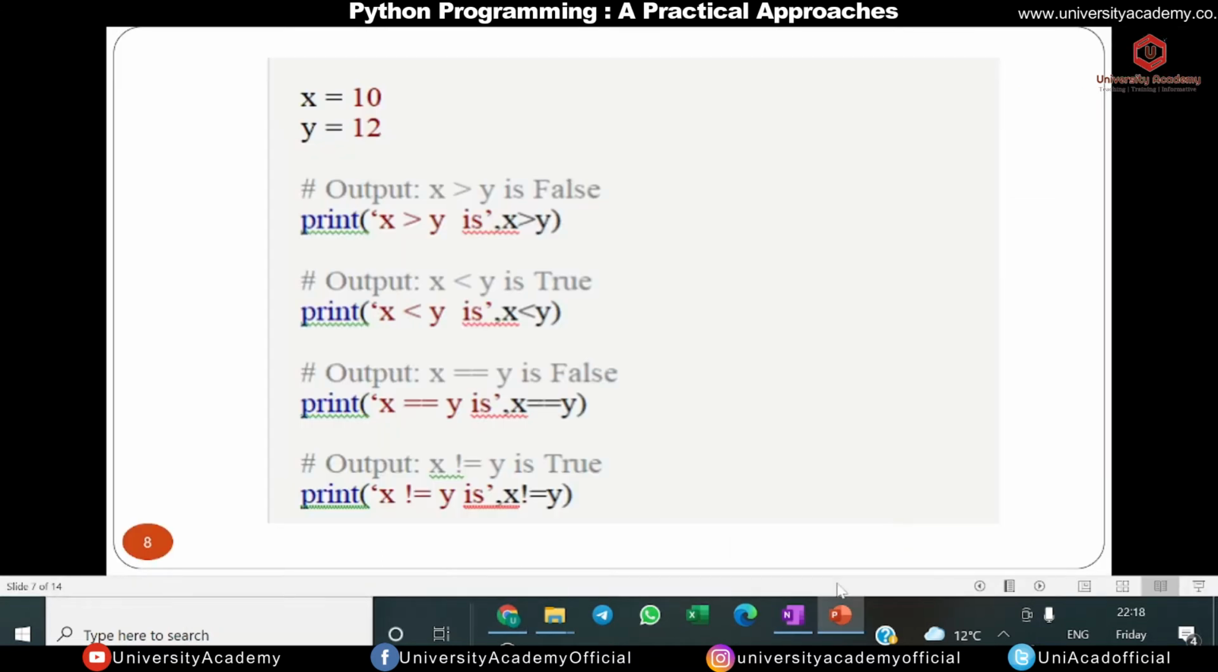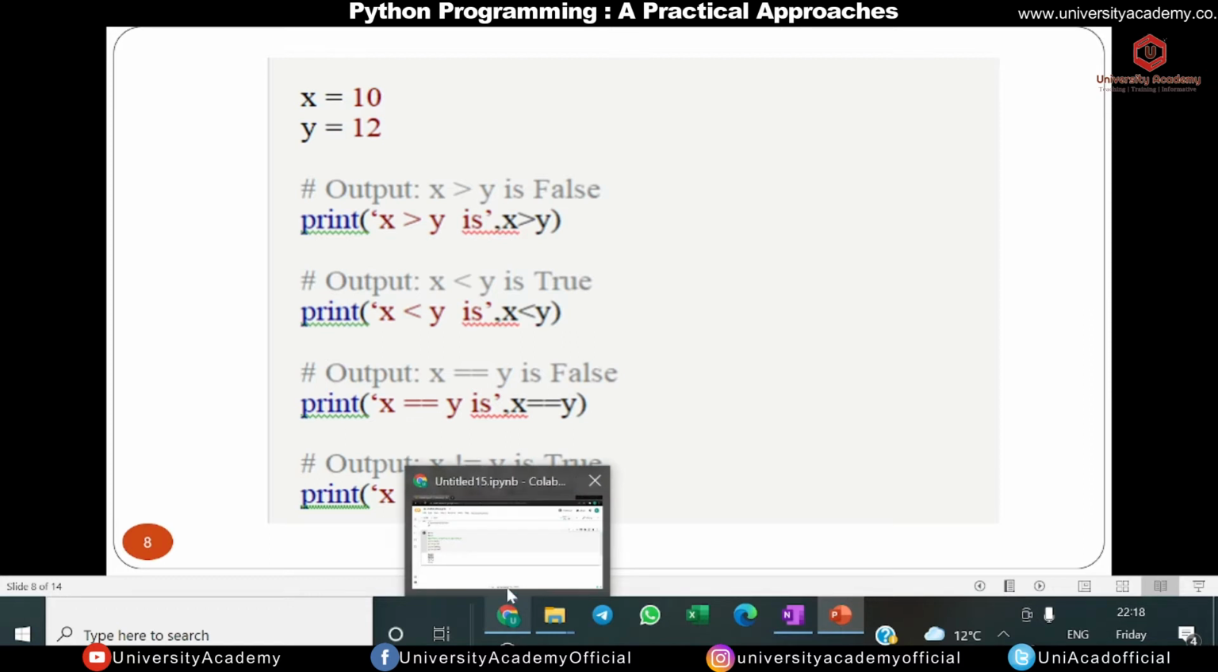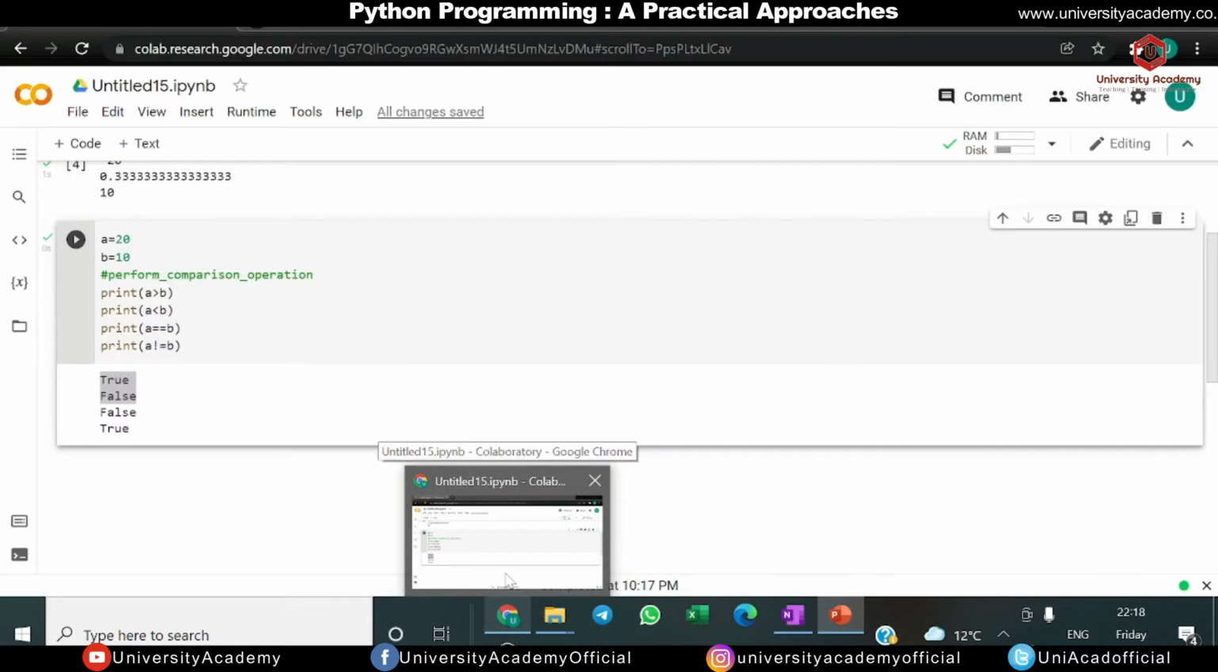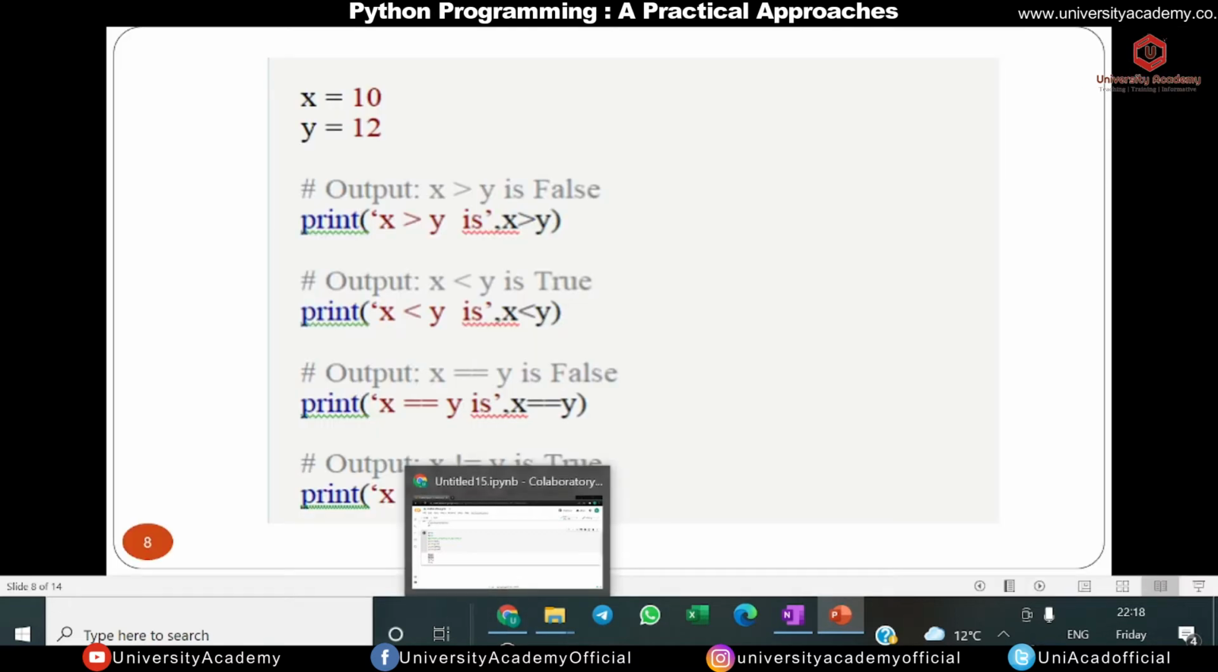Now that is also an example. You can consider that also. The basic motto of that is for you to understand the concept very well, in the part of implementation as well as theoretical. Now